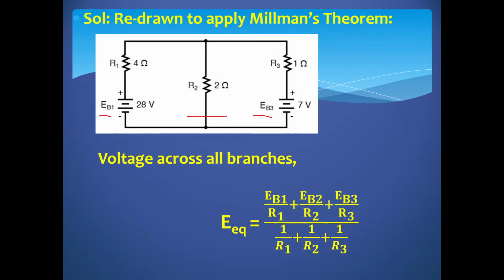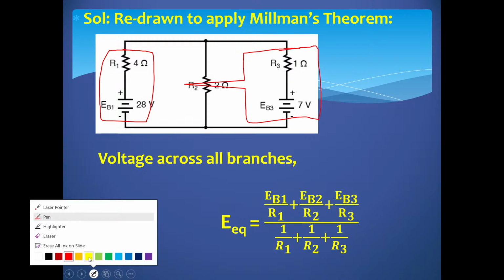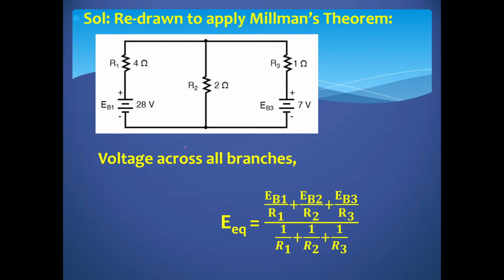I don't have EB2. There might have been an EB2, but there is no EB2. They didn't give us one. So always remember, if any resistor is in series with the source, it is assumed to be the internal resistance of that source. So just redraw the circuit. After redrawing the circuit, you calculate the